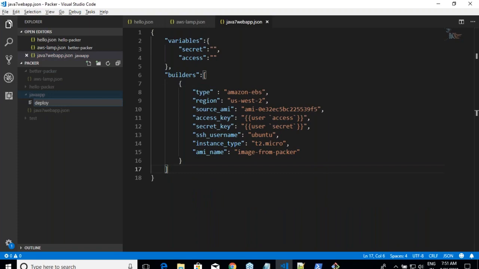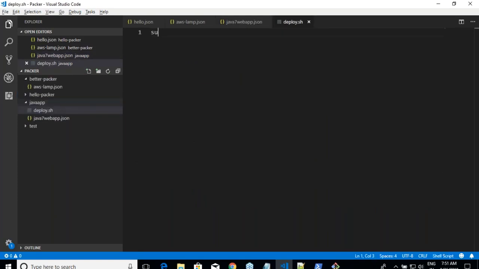So deploy.sh. In deploy.sh, I'll be writing sudo apt-get update. Then sudo apt-get install tomcat7 -y. And then I need to go to the folder, so cd /var/lib/tomcat7/webapps.